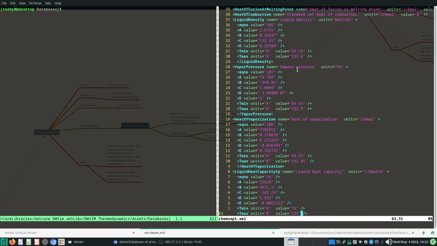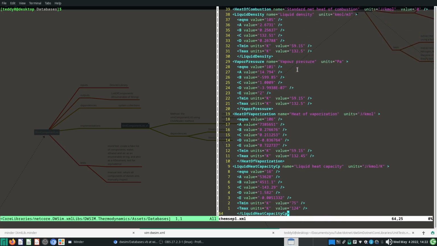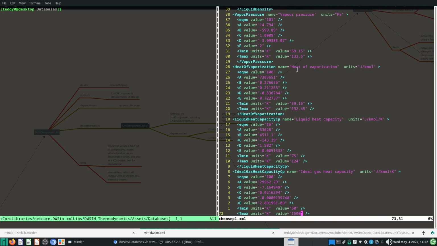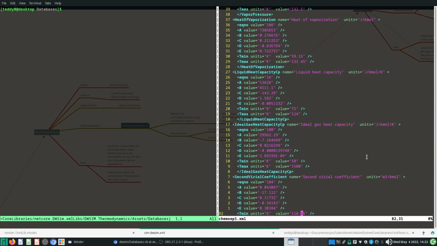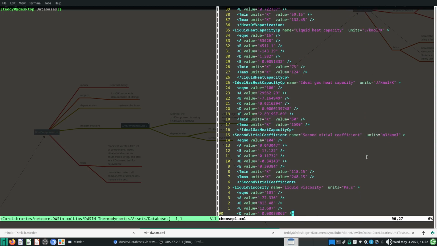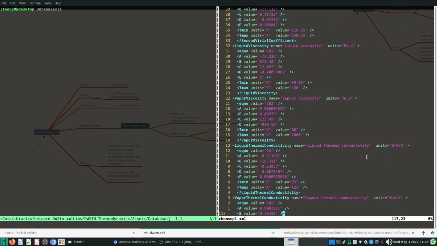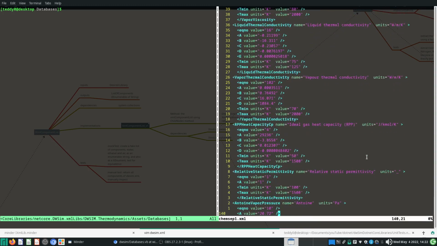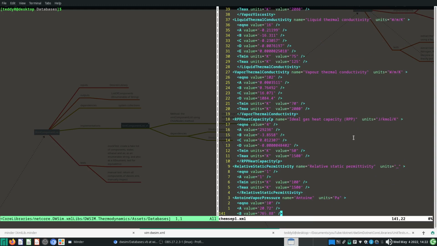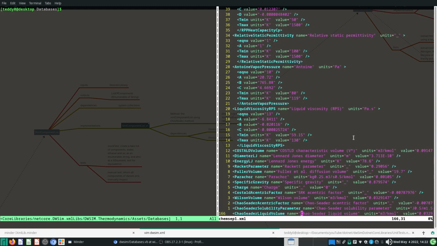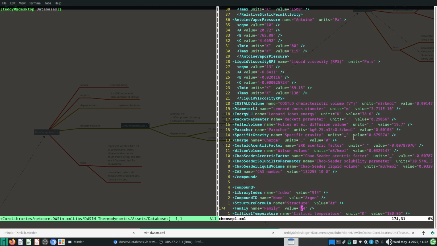Okay, so instead of using the values of these, we have attributes, and it's much nicer here. They actually have units so that it doesn't confuse you. Okay, and they have a maximum and minimum temperature. This is a very much nicer library to use, in my opinion. Oh, look at this, they even have thermal conductivity. Huh. So there's a lot of useful information here we can use